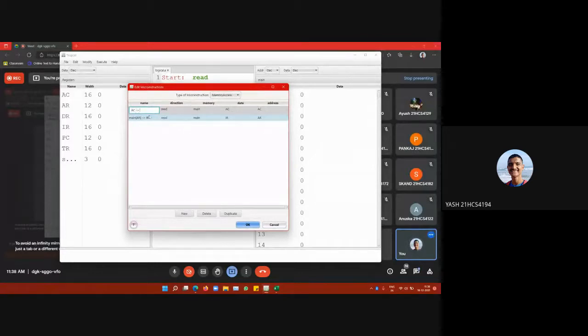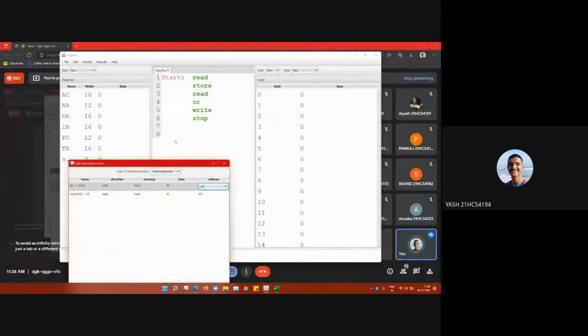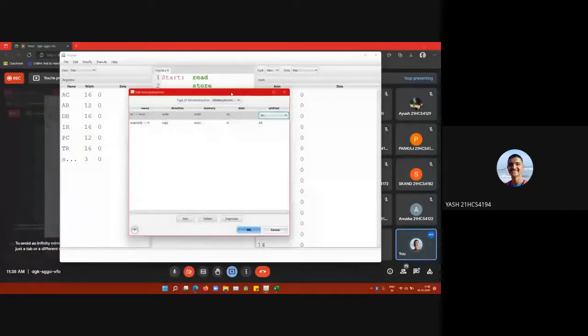It will go into the main memory. Then I will have to specify the direction as write, and the memory would be the same. Data would be taken from the address register, and at the address I can give any address that we have, the X. If I had the variable over here, then I would know the address of the variable. I would pass the address of the variable over here.